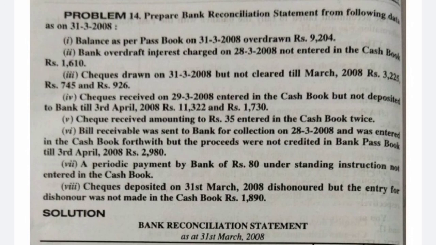Okay, in the cash book, if we take a working note of the debit and credit columns, debit is always plus and credit is always minus in the cash book. On the debit side, the amount of rupees 35 is taken twice, meaning the cash account has rupees 35 taken twice.